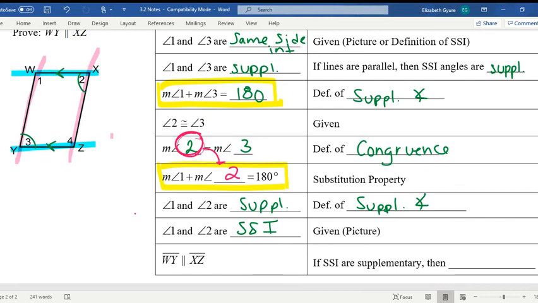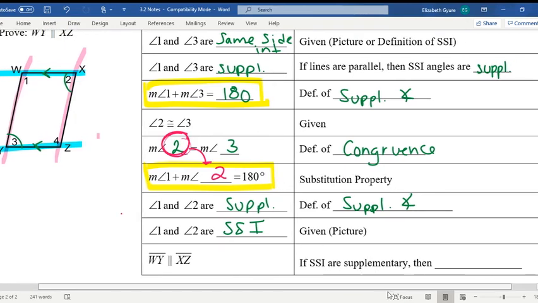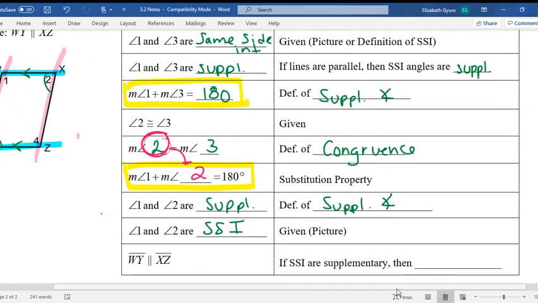Segment WY is parallel to XZ because we had same side interior angles and they were supplementary. So if same side interior angles are supplementary, then we can just say, then this is like that converse. So if the angles are supplementary, then the lines